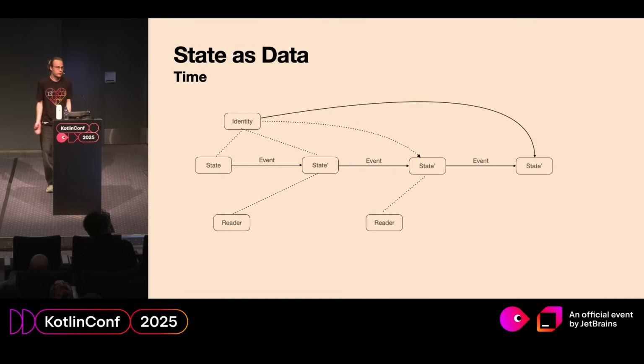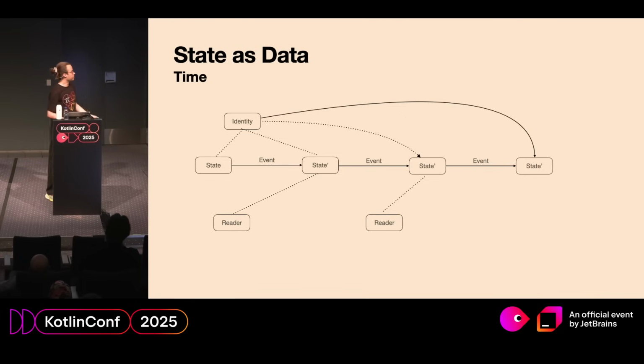So state has something to do with time. How do we build time from that? Easy, we apply events to the previous state to produce the next one, and we need some coordination mechanism to update the pointer and to update this association with the new state.